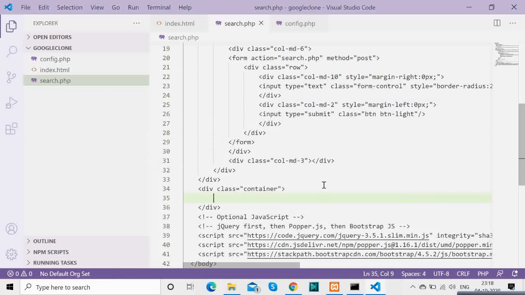So here we'll have to include the config.php file which will have the credentials.